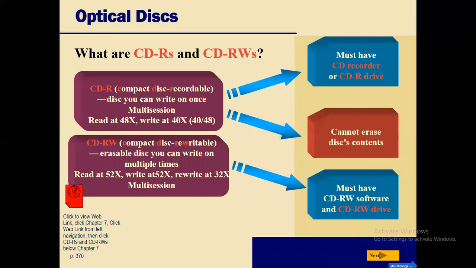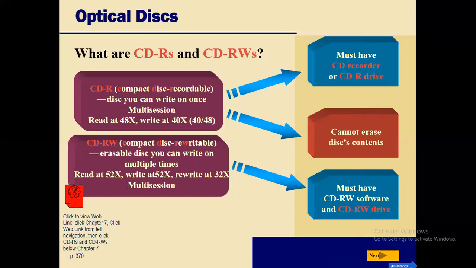Another is CDR, and CDR stands for the compact disc recordable disk, where you can write it once. A CD recorder writes data to a CD or disk by pulsing its laser to heat areas of the organic dye layer. The writing process does not produce indentation, meaning the pits.